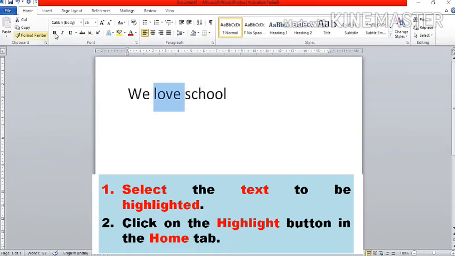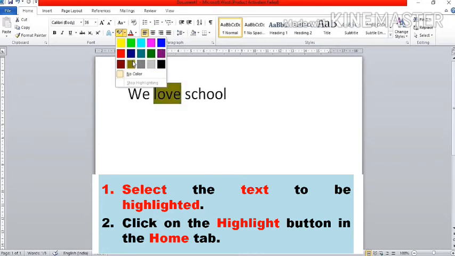This is our Home tab, and here beside the text color button is our highlight color button. And there are so many colors to choose from. I think I'll go for the original highlight color. But then the choice is yours. You can choose any color you want.